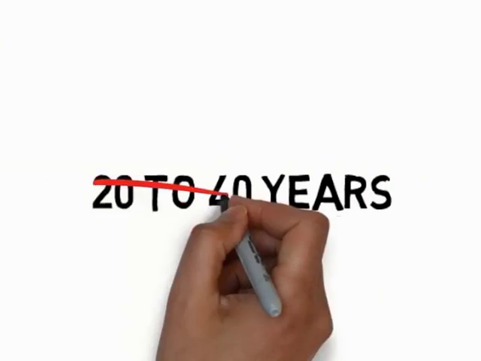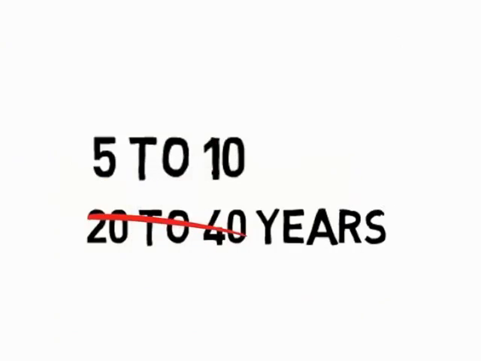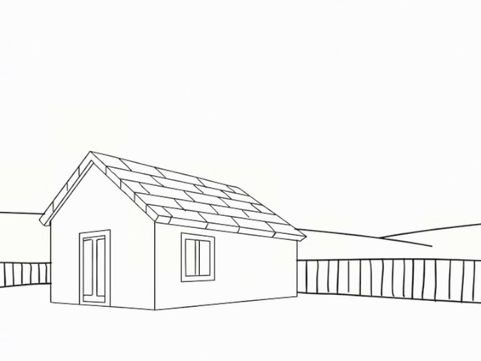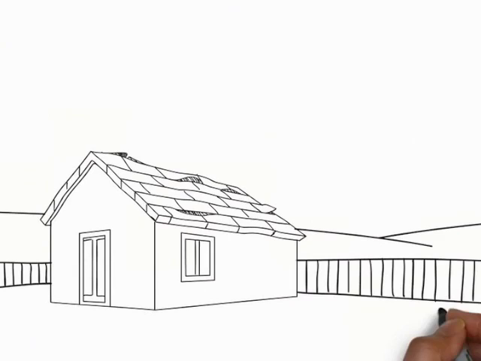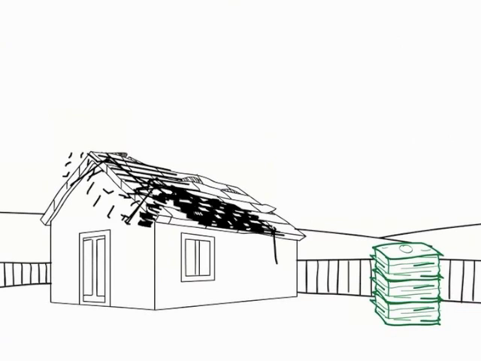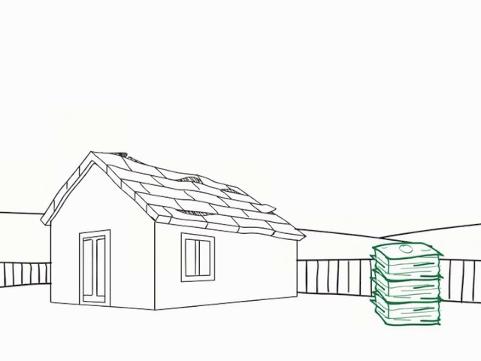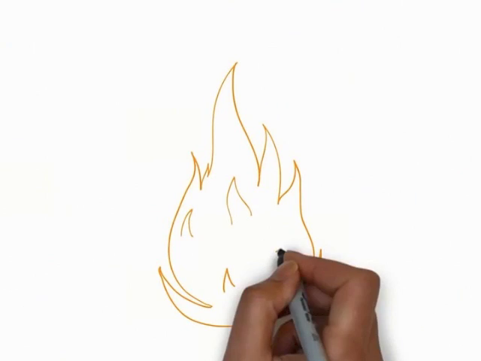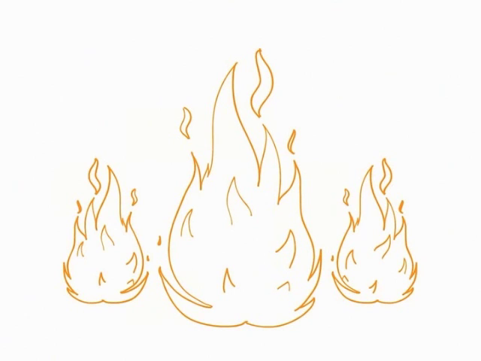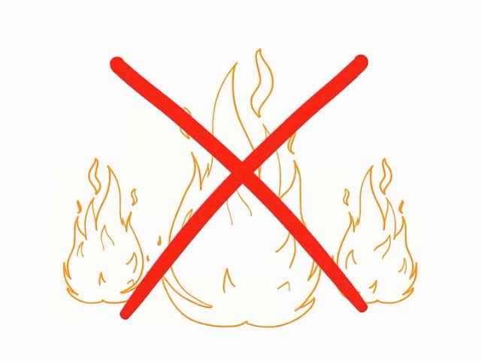But in real life, in Canada, seriously, they're only lasting for 5 to 10 years. Think about that. Over 50 years, you'd have to replace a shingled roof 5 to 10 times. With metal, well, never. There are also other important benefits. For instance, a metal roof can't catch on fire, which dramatically increases the chance of saving your home in a